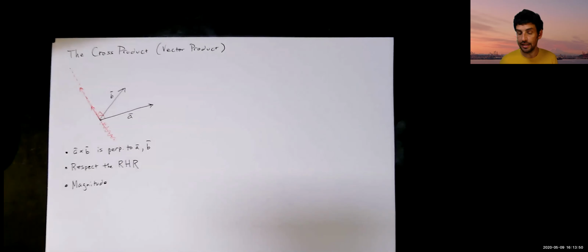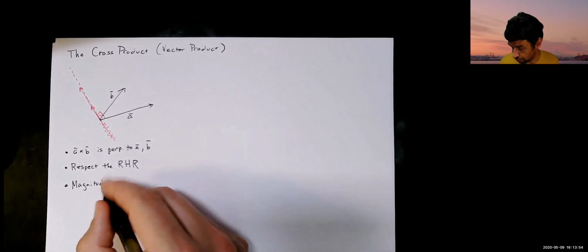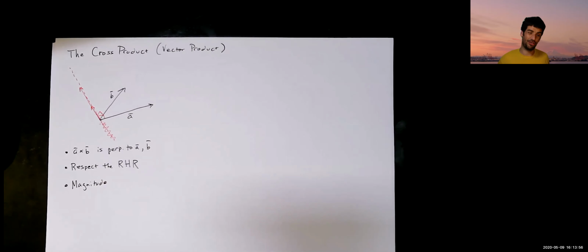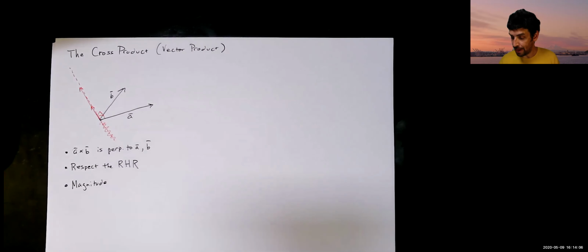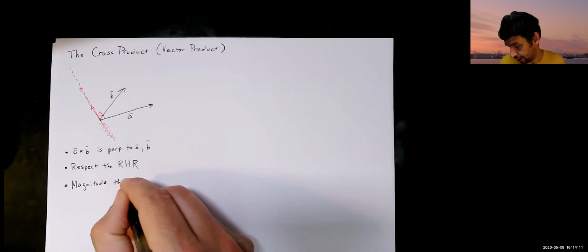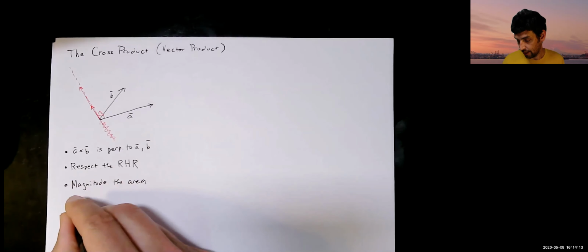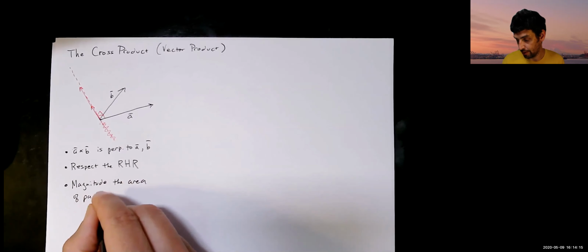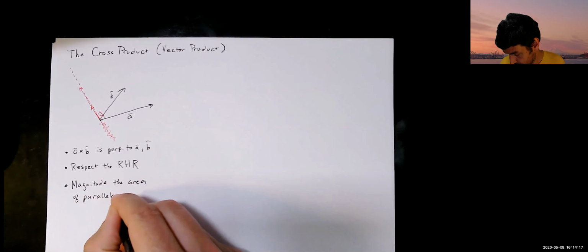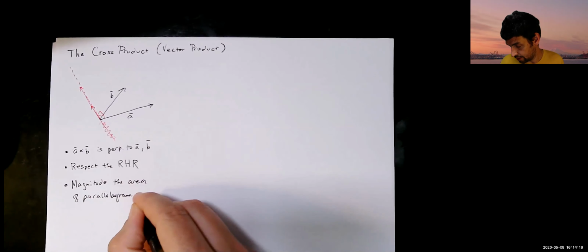is going to be, so this might seem like an odd choice, but it turns out to be useful down the road. Remember what I said about this stuff, the dot product, cross product. We're kind of just learning a bunch of tools right now. And we're not at the place where they get interesting, like memorizing times tables. So the magnitude is going to be the area of the parallelogram defined